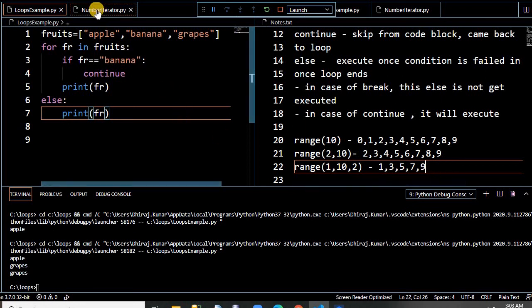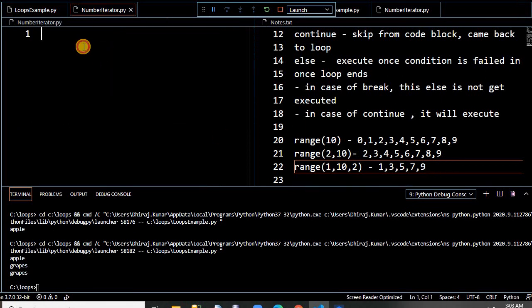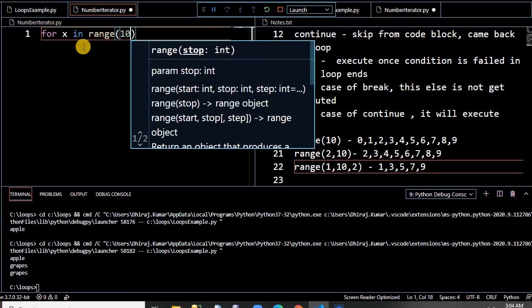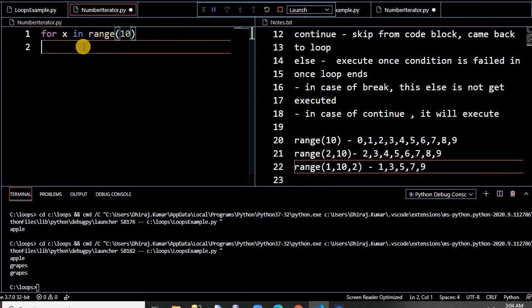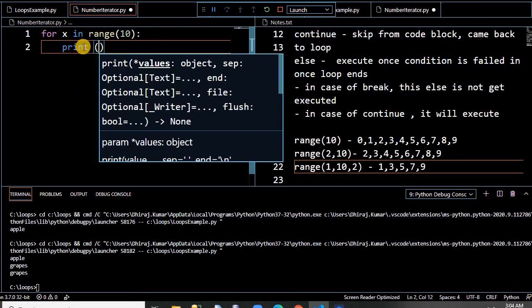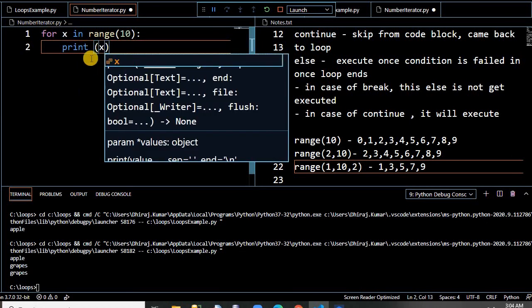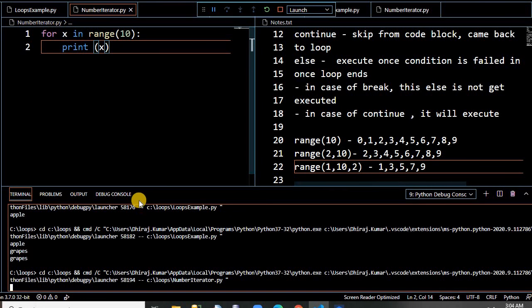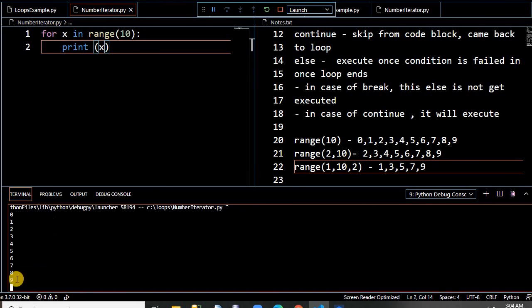Let's take an example of this also. How do we write this? Simple, for x in range. First take the example of 10. We write print x. Let's run this. It prints from 0 to 9.